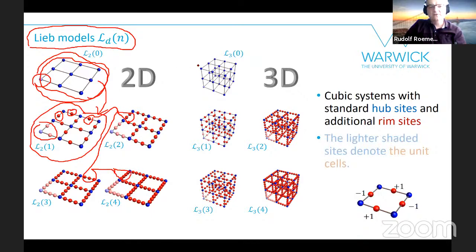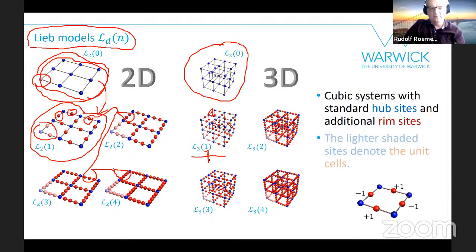Furthermore, you can also do it in 3D. So here we have the normal three-dimensional cubic lattice system. And again, you put red dots between the blue sites. You get the first Lieb lattice, and that's the normal Lieb lattice in 3 dimensions. And when I say normal, of course, Lieb himself looked at the 2-dimensional situation, whereas this is already in 3 dimensions,